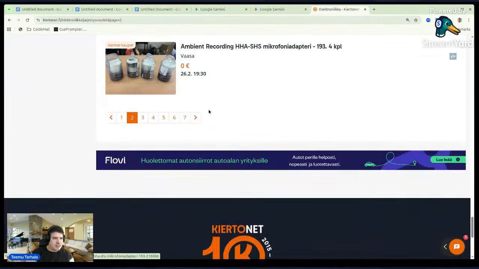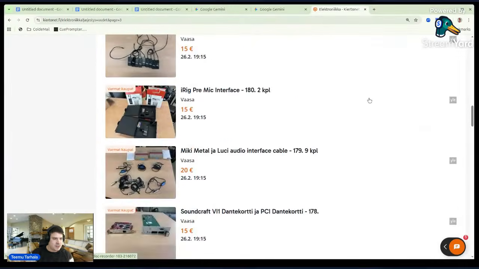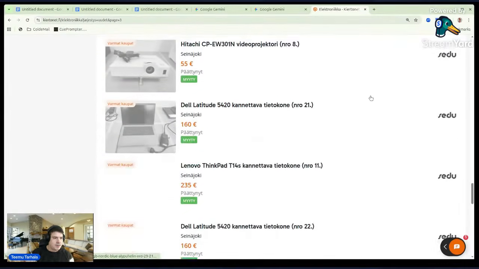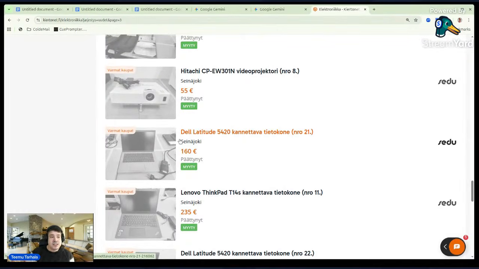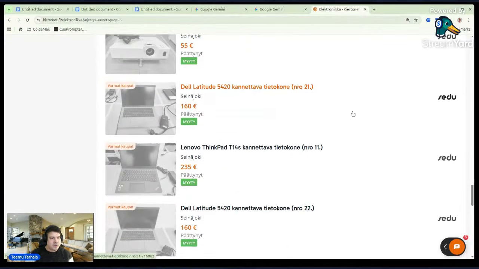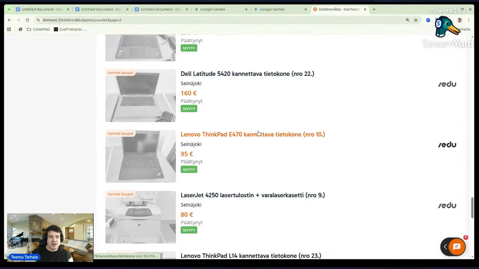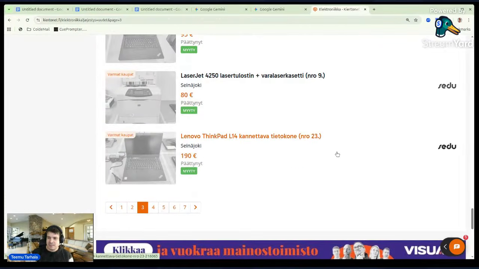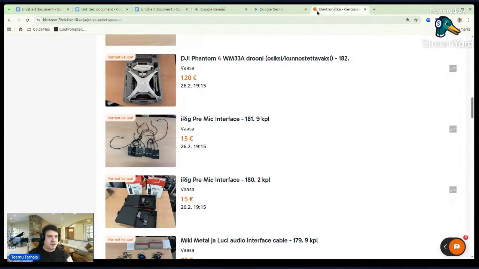And this is the page I sent to that guy, saying check from here, because I think he was located in Jyväskylä. Okay, the laptops already went, they ended. But you can see the price, 160 euros. It's a professional laptop, in good quality, way better than the stores we have. 223, 160, 95 for a ThinkPad. Not bad deals. So, a little tip if you need to find a computer or whatever you need to find.